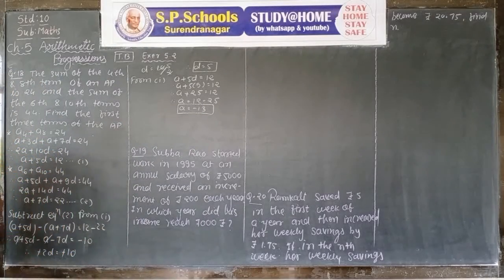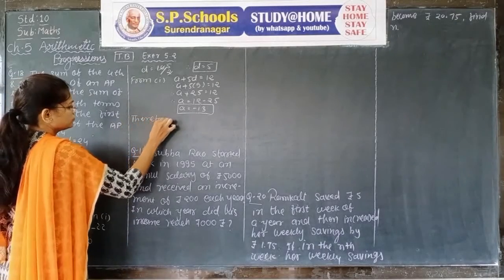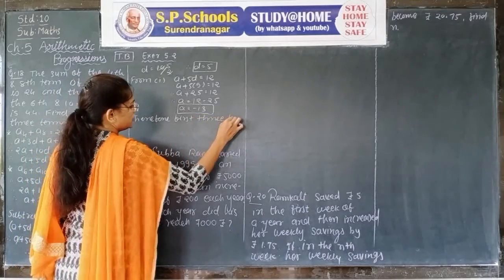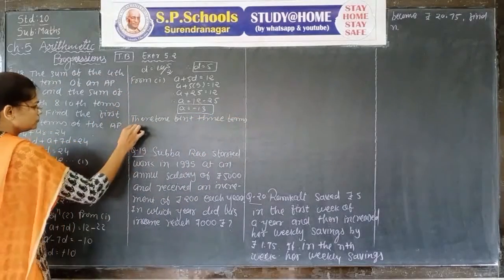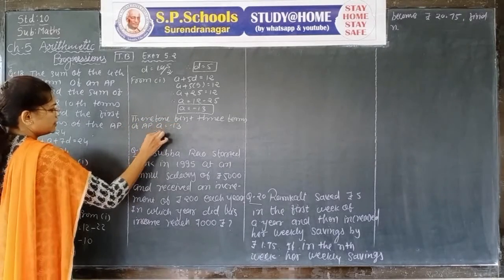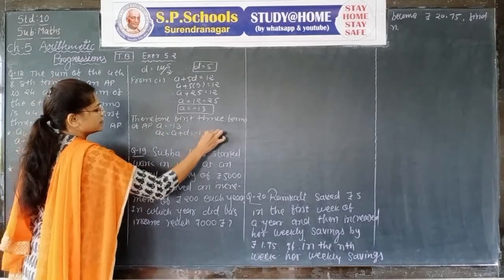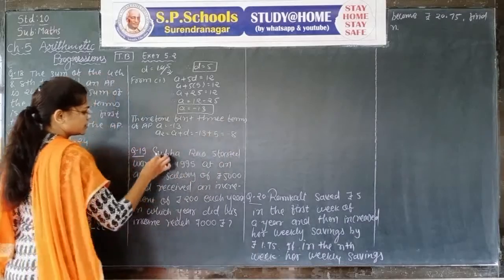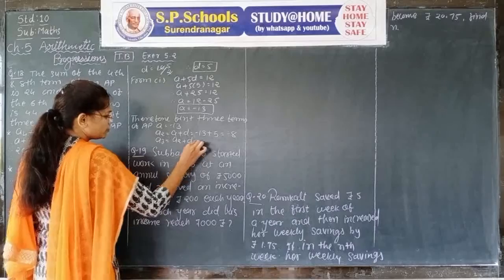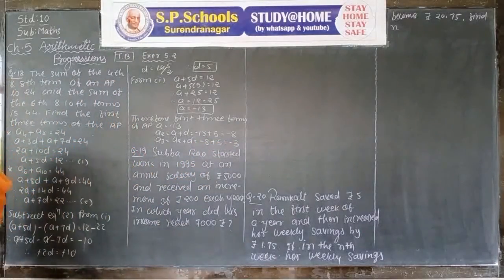Therefore, the first 3 terms of the AP. First term A is equal to minus 13. Second term A2 is equal to A plus D, minus 13 plus D, where D is equal to 5, which is minus 8. And third term A3 is equal to A2 plus D. A2 is minus 8 plus 5, which is minus 3. Hence the